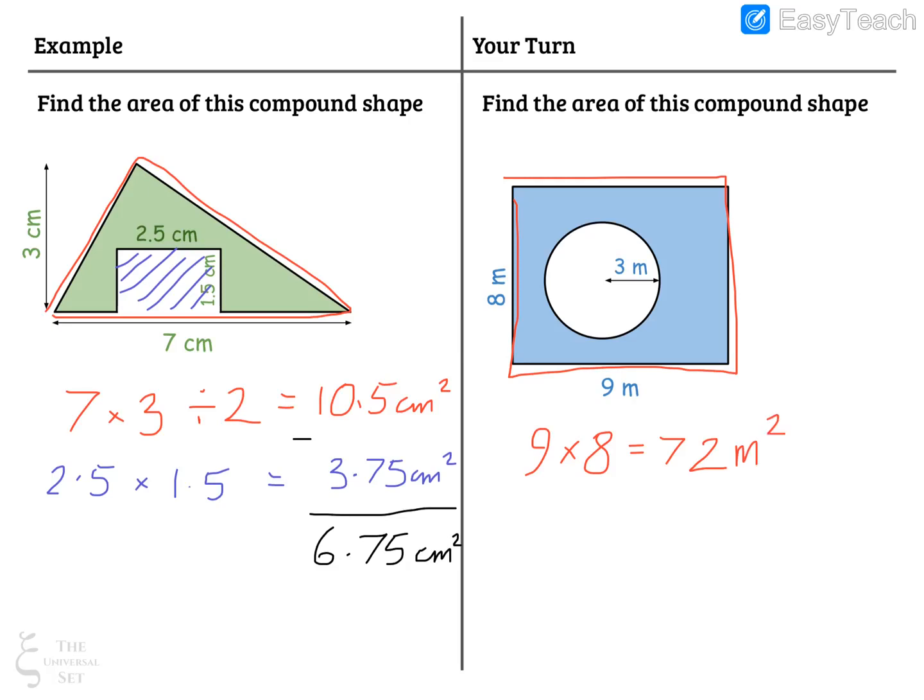And then we need to find the area of that circle that's been chopped out the middle. How do I find the area of a circle? It's pi times the radius times the radius. So in my calculator, I'm typing 3.14 times, now what's my radius? From the centre to the edge is 3 metres, isn't it? So we've got 3 times 3, and I've got a whole circle, so I don't need to halve this. It's not a semicircle this time. So we've got 3.14 times 3 in my calculator, and it tells me that that is going to be